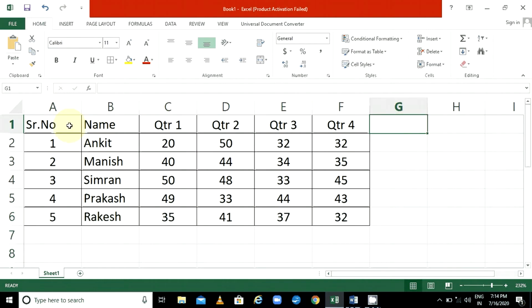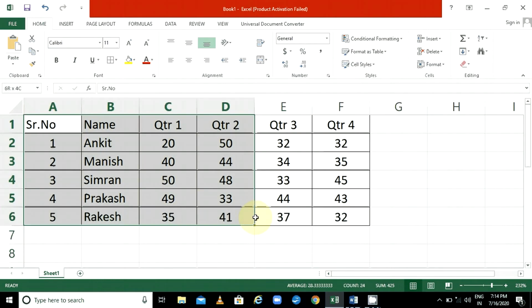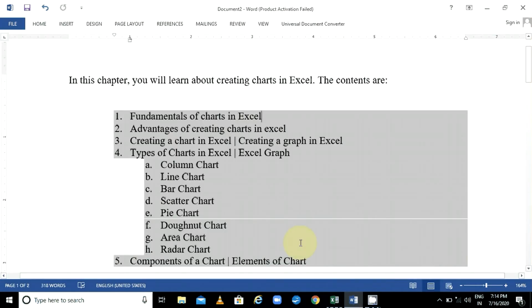But when you want to analyze the data, it is quite difficult without images. So Excel supports one function that lets us analyze our data through graphics, and that graphic part is known as a chart. So how you can insert the chart is very simple.